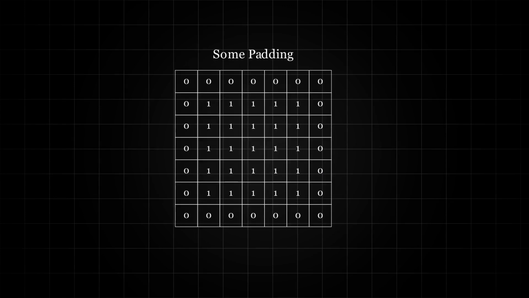are highlighted. But wait, how exactly does this filter move across the image? That's where stride comes in. A stride of 1 means the filter moves 1 pixel at a time. A larger stride skips more, reducing detail and the output size. Also, to avoid shrinking the image too much, we use padding, adding zeros around the border so even the edges